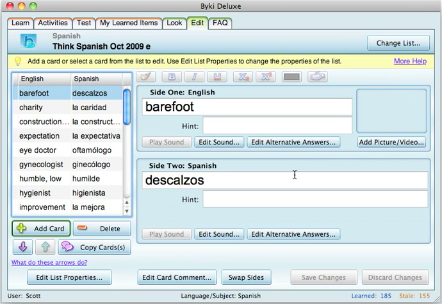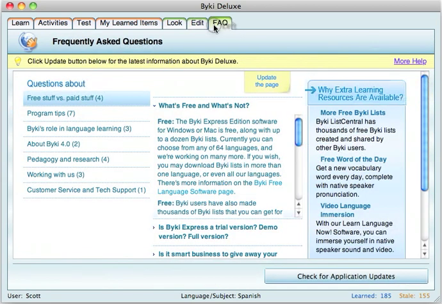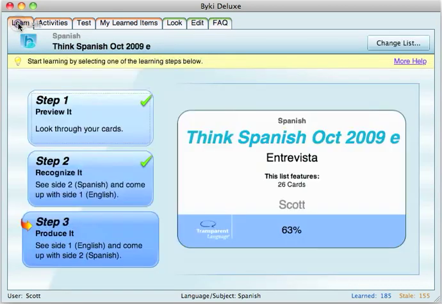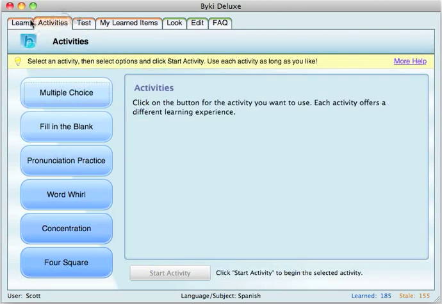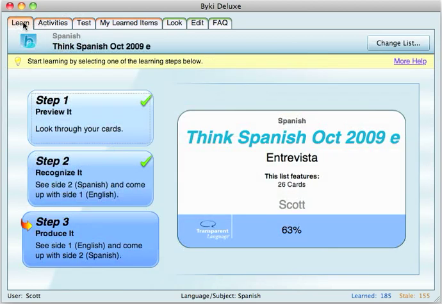Okay, so I think, let's see, got your frequently asked questions. You can share your list with other people online, which is an amazing feature. Although I haven't done that yet. I mean, the lists that I create are specific to things that I'm working with in other programs, so I don't really feel like I need to learn other people's vocabulary words, and I've got plenty of my own. So I think that's pretty much all I want to show you, except for, I guess if I have time here,